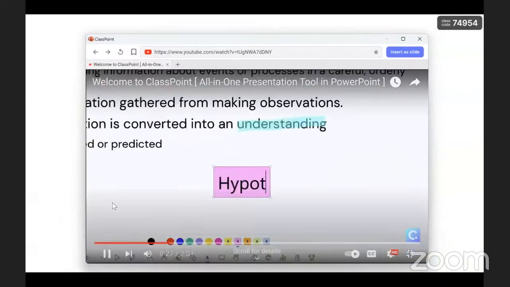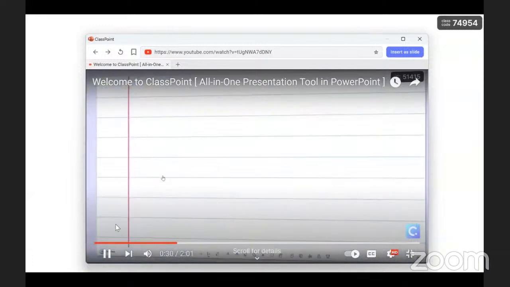Tools to add notes right on your slides, and when you run out of space, elaborate on concepts with